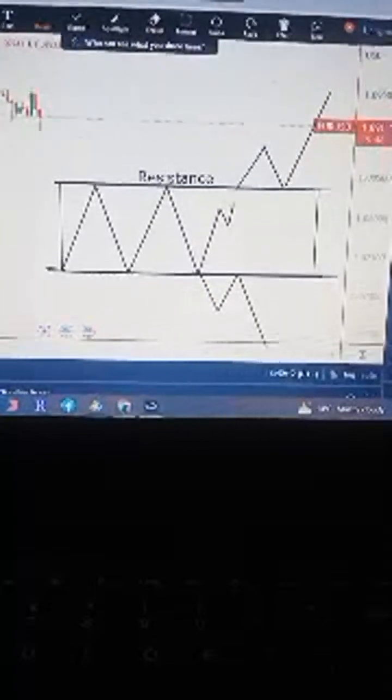Let's go and check again. Let me erase here. Then this is the breakout that you're going to have. I'll flip. As the market is going up, they're going to create something here. They know very well where you're going to place your stop loss. They know very well what it is that you're going to do. Remember,